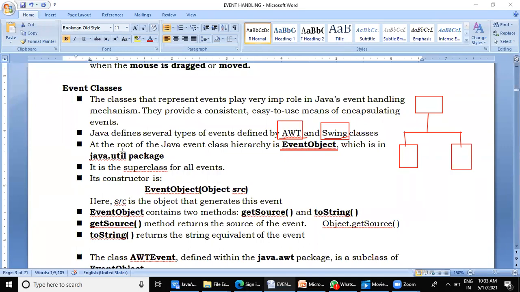Right now, just understand that the root class of the event classes is the EventObject class, which is included in the package called util, which is in turn included in Java. So the java.util package includes this EventObject class. It is the super class of all the events.